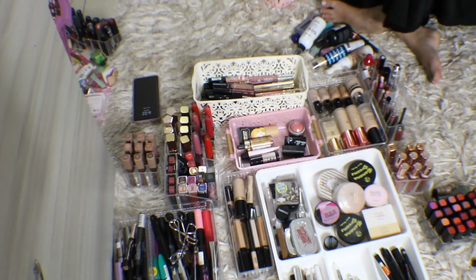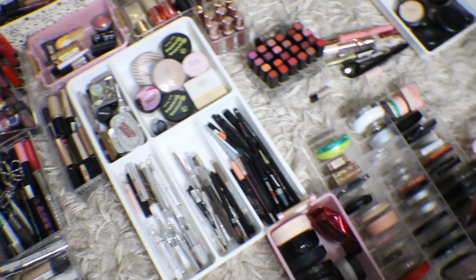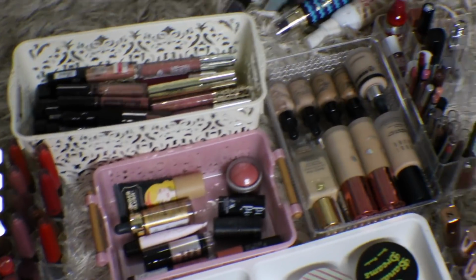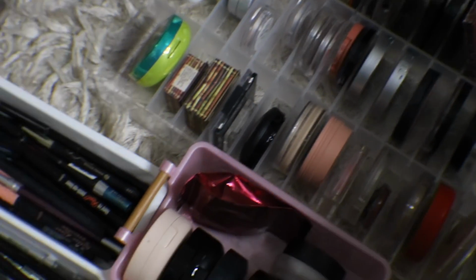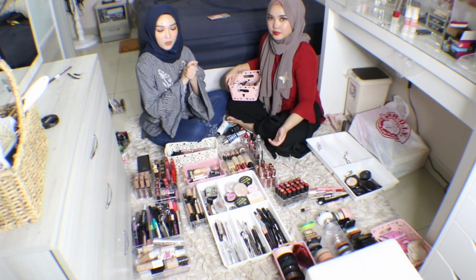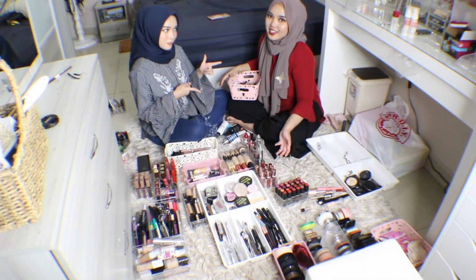Okay, so we are done organizing all of the makeup. Ikut dia punya kategori macam mascara, loose powder, cream blush, foundation, lipsticks, blusher, highlighter, bronzer, contour. So we're gonna start to organize it and letak dalam this drawer. I will not show you guys how they will look like inside of the drawer sebab I nak buat makeup